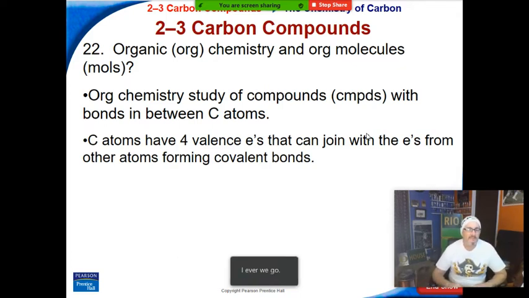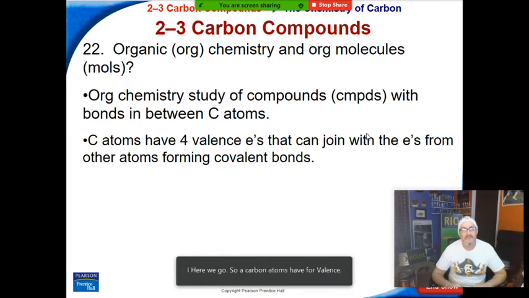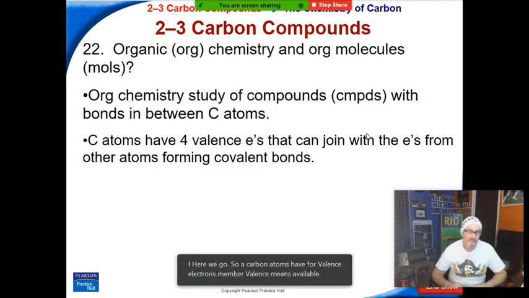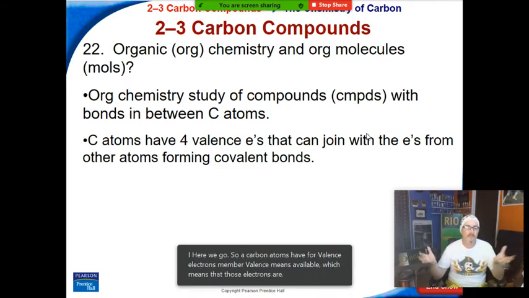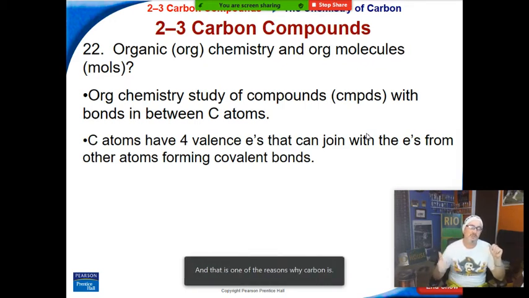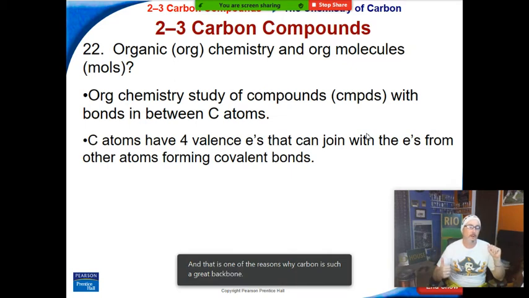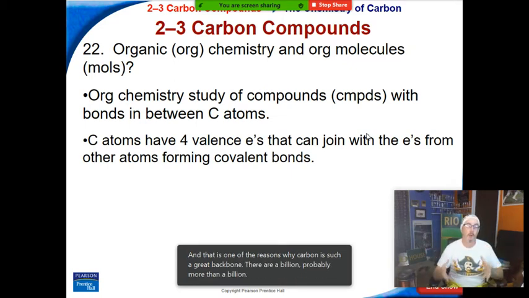So carbon atoms have 4 valence electrons. Remember, valence means available, which means that those electrons are available to make bonds. And that is one of the reasons why carbon is such a great backbone. There are probably more than a billion different compounds and molecules that carbon can make, because it can